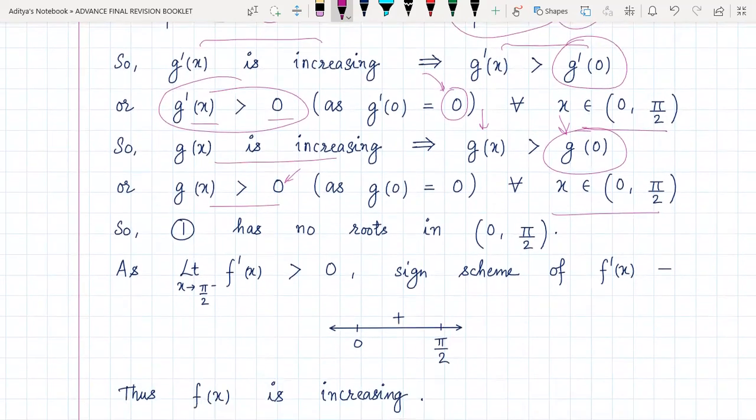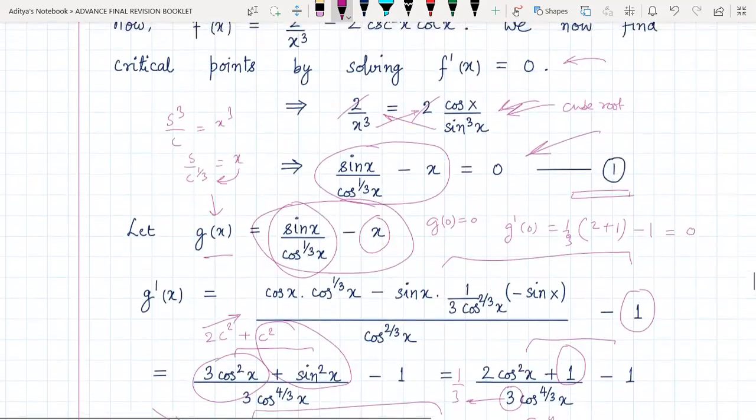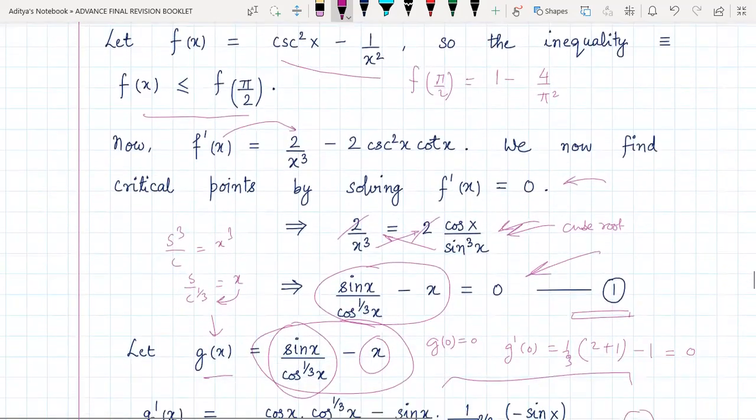Now, the thing is that there is no critical point of this function in 0 to pi by 2. Of what function? Look, what we are saying is that f prime x equal to 0, when we were solving, that led us to this equation. And since this equation doesn't have any roots, it means f does not have any critical points. So basically f prime x does not have any root in 0 to pi by 2. So its sign scheme will remain constant throughout 0 to pi by 2 because there is no critical point, right,